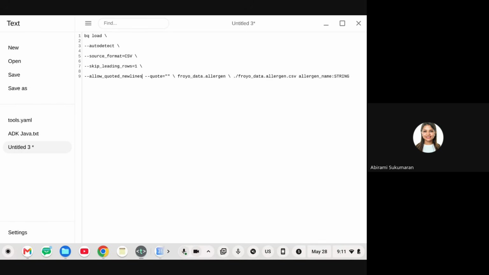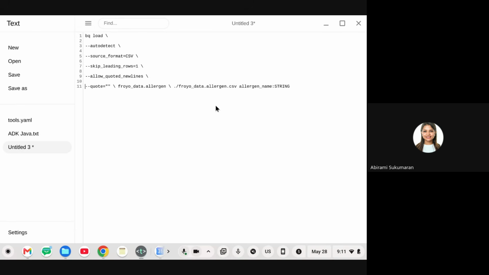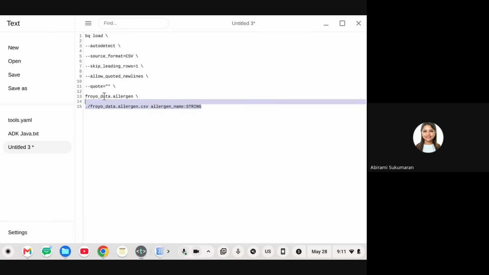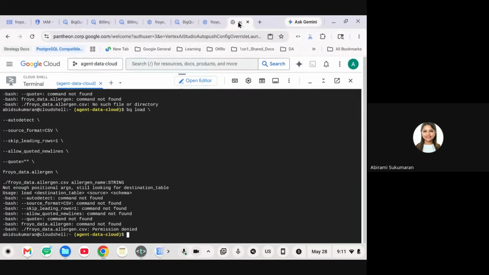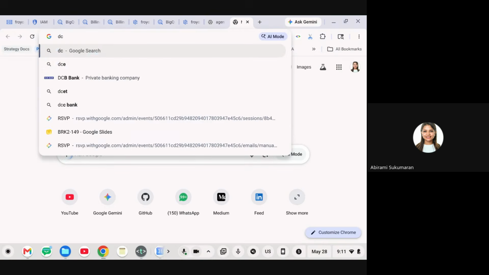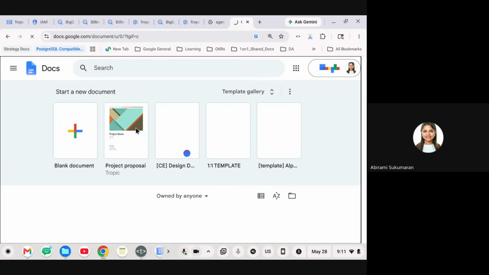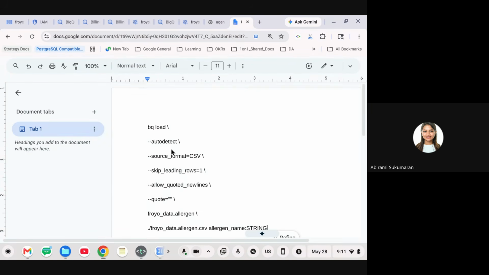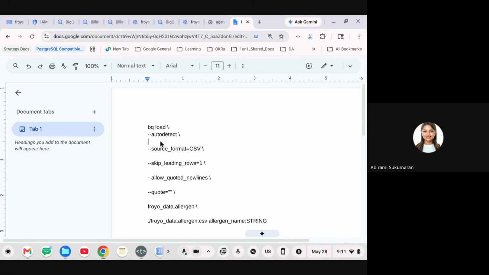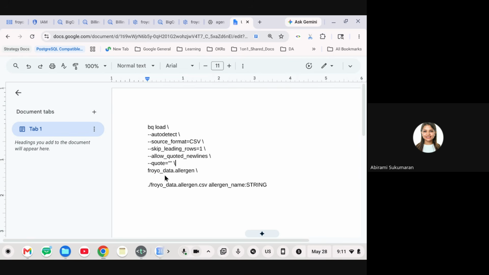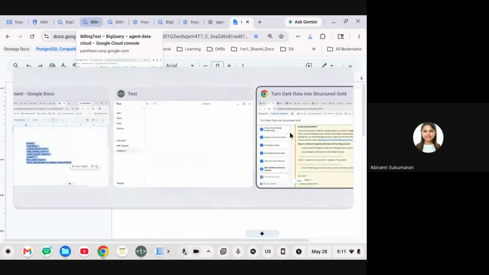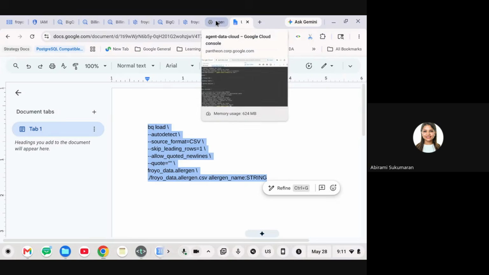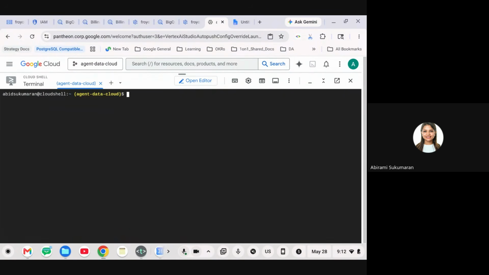Let's see, 1 second. Let me try it out in a doc so you can see more clearly in terms of space or anything. Mm, okay, let's try it.